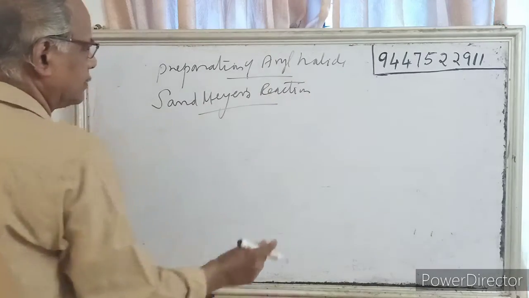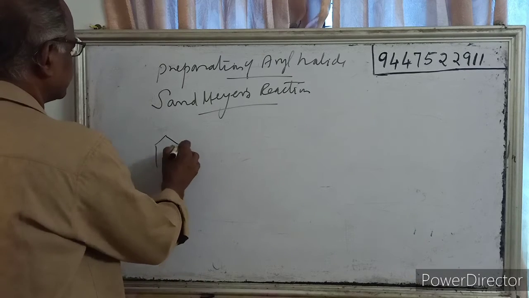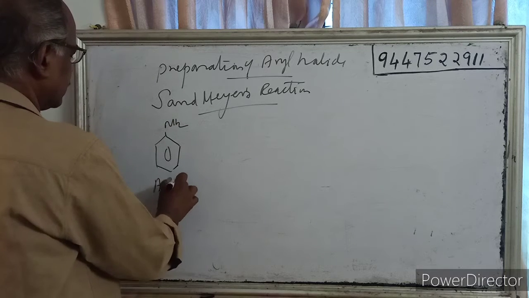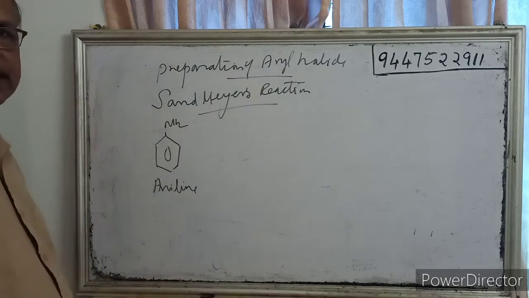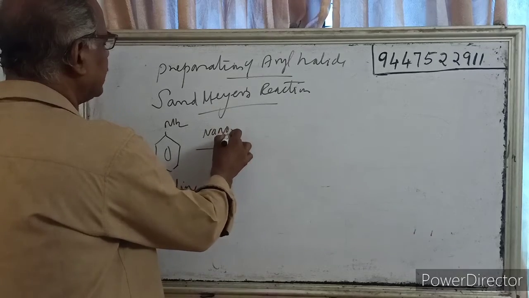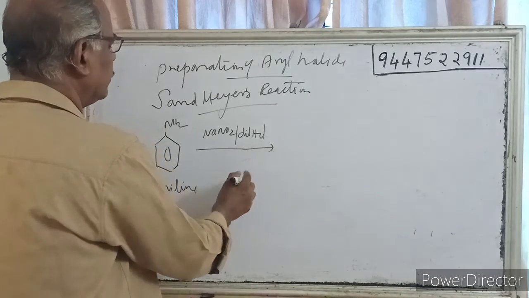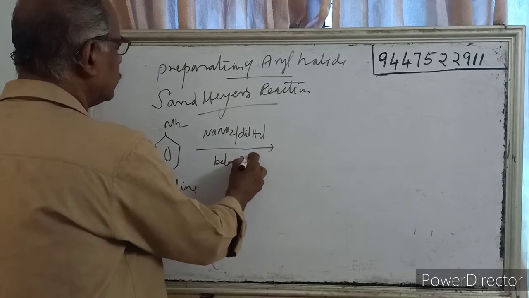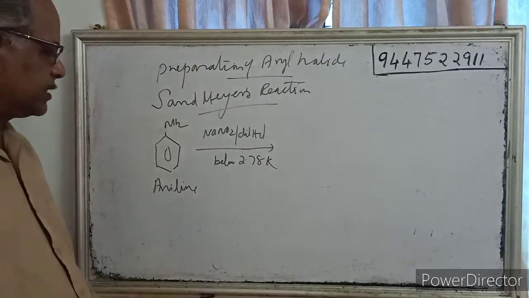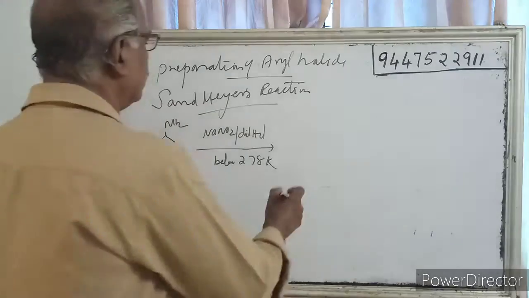Sandmeyer's reaction. That is aniline. Aminobenzene is called aniline. So aniline, when it reacts with sodium nitrite and dilute HCl below 278 Kelvin, diazotization takes place to give a compound